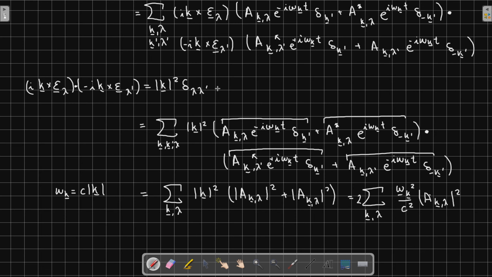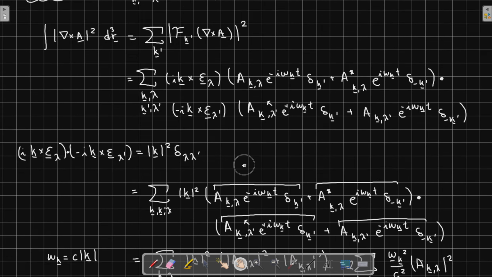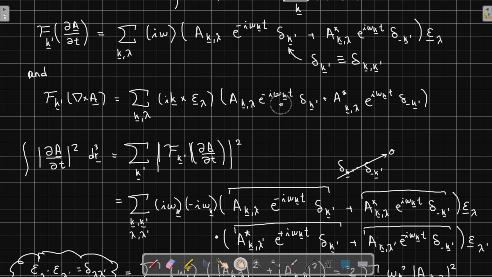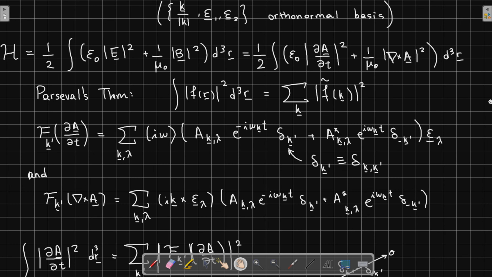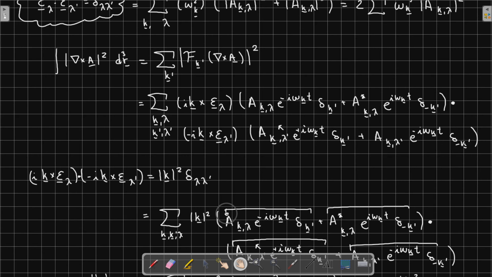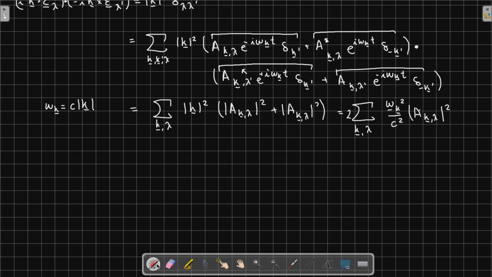We're pretty much done. We've evaluated the nasty integrals which were shown here. So the Hamiltonian really just boils down to this: